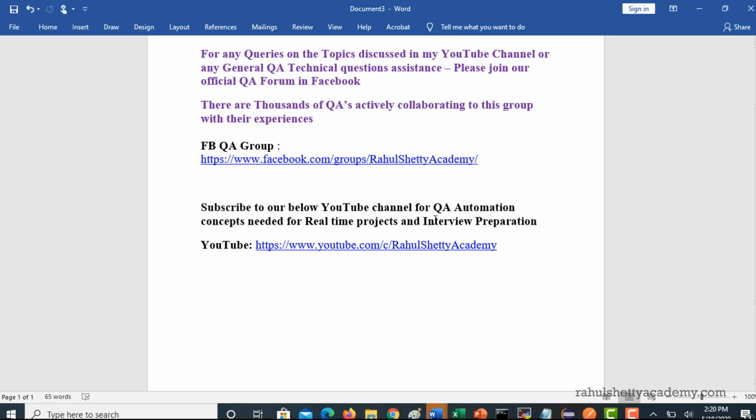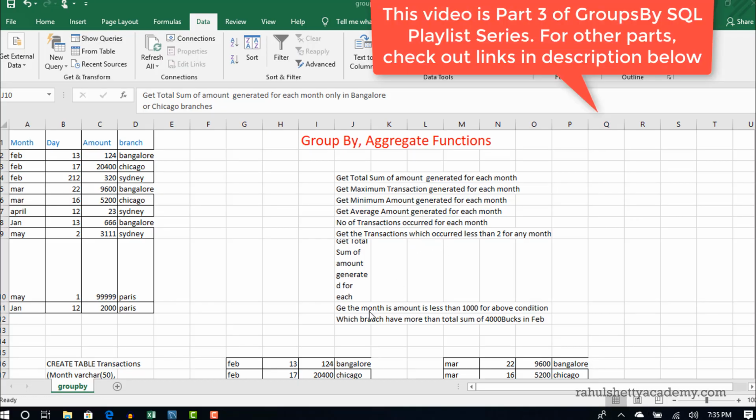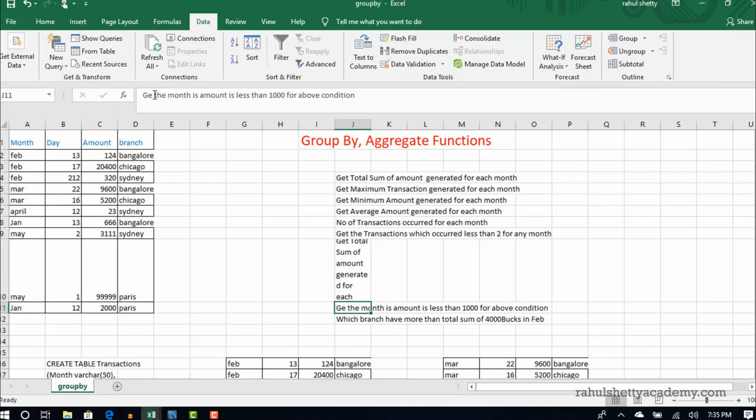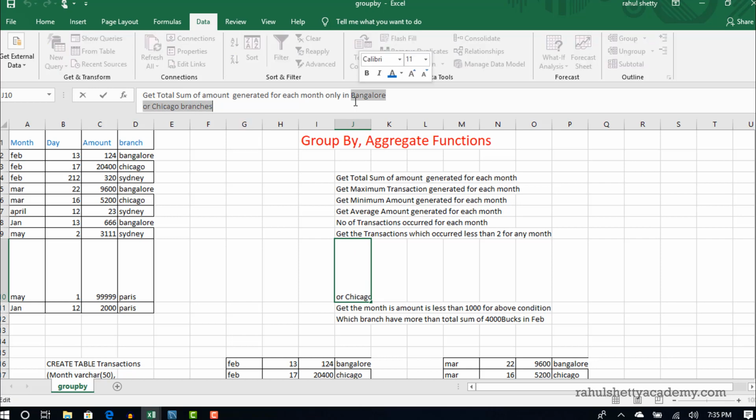Alright, so let's complete these two scenarios and you will get more confidence thereafter. Now get the month which has less than 1000 as whole sum for the above condition. When I say for the above condition, this is the condition that for every month we are checking only in Bangalore and Chicago branches, right?